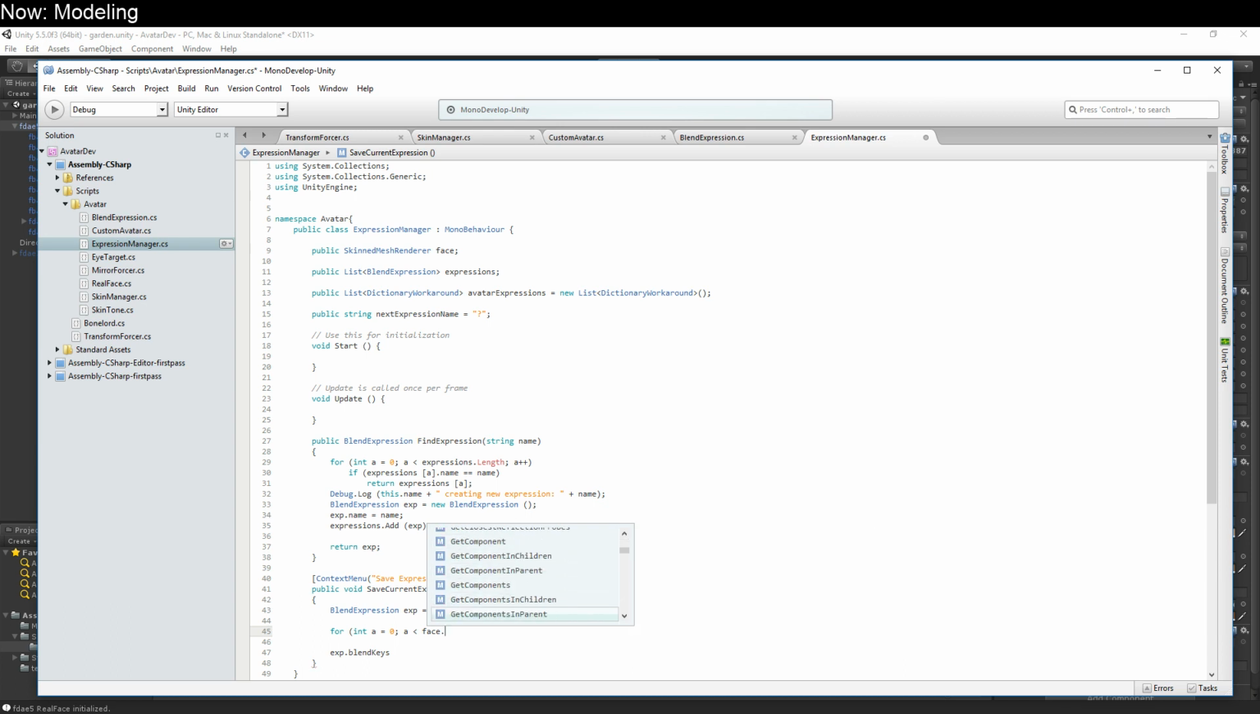Do I have to get the number of blend shapes from the mesh? That's pretty shitty. Pretty shitty. Yeah, I do. Interesting. All right, fine. Shared mesh.blend count. Let's go ahead and say int count, int shapes equals, a is less than shapes, a plus plus,